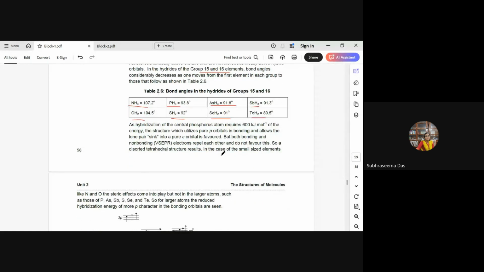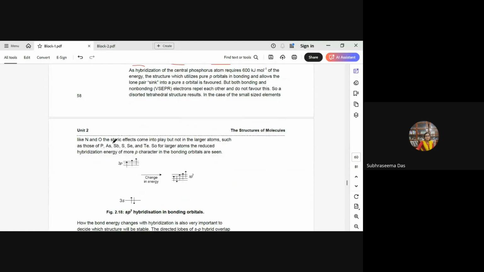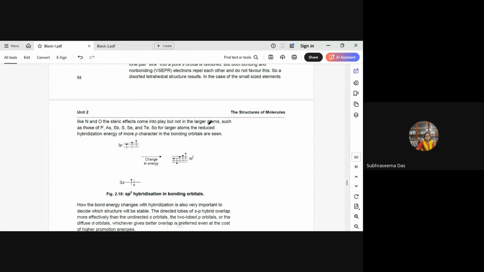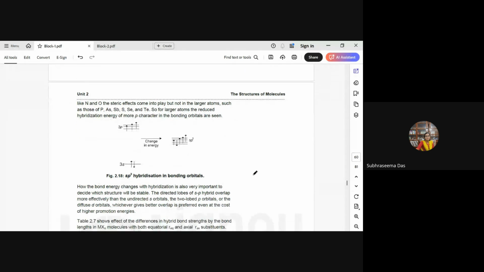Here, particularly in the case of small size elements like N and O, the steric effects also come into play. But in larger atoms, such as phosphorus, arsenic, antimony, selenium, tellurium, the steric effects may not come into play. So for larger atoms, the reduced hybridization energy of more p character in the bonding orbitals is seen. In figure 2.18, we can see the sp3 hybridization in the bonding orbitals. Here it is 3s, it is 3p, and the resultant sp3 hybridization